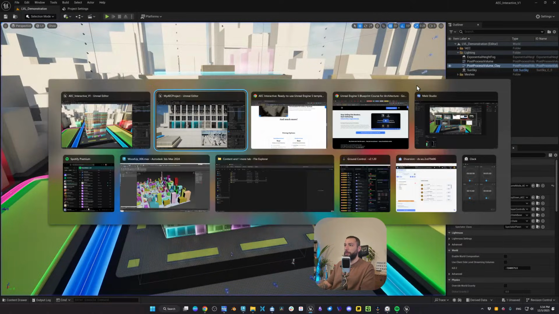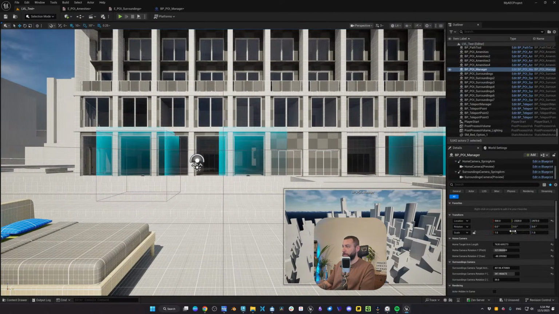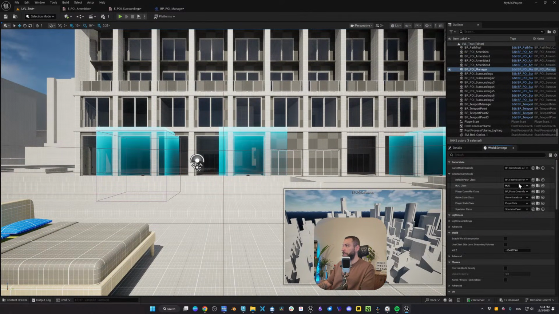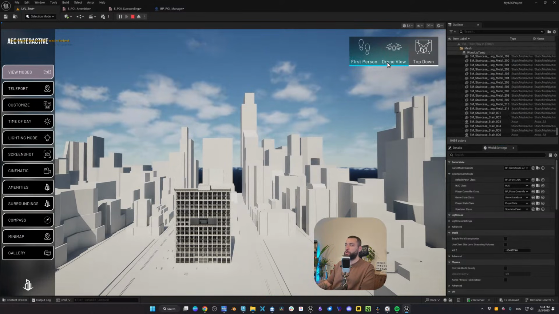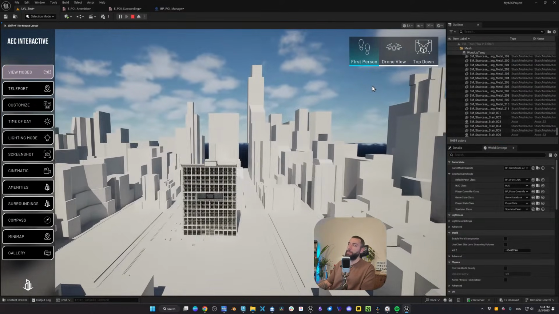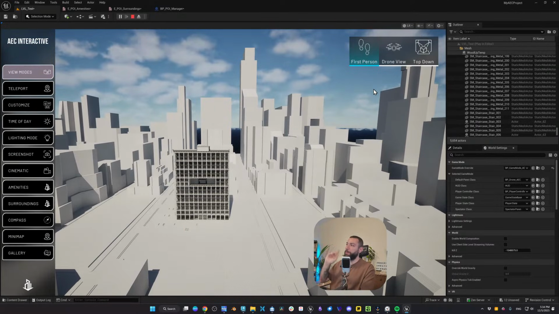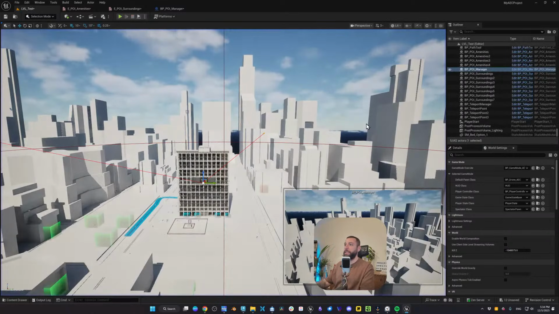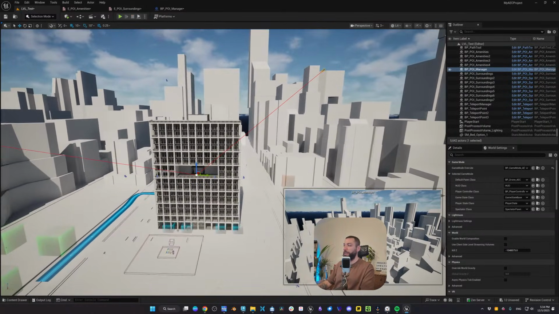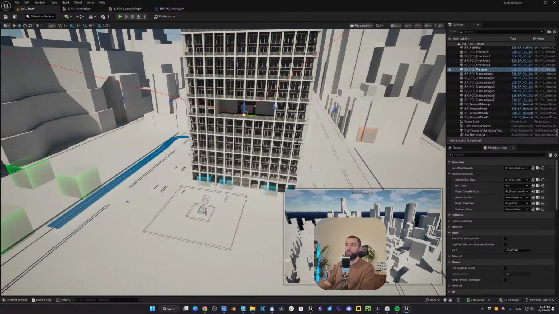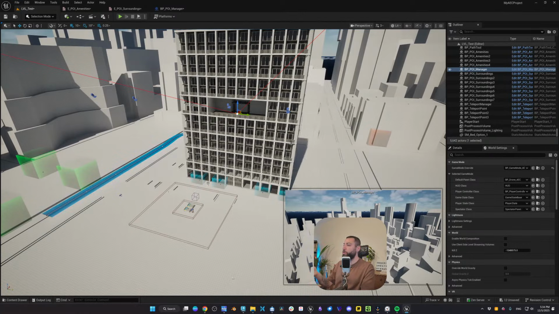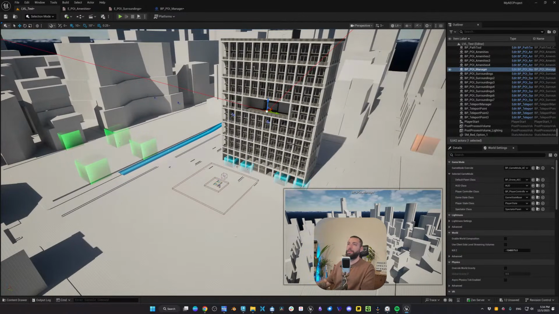Now this is 5.6. If I switch this to drone, it's showing us the first person character for some reason. So I need to look into why this is happening. Maybe I forgot to do something, but by default we should see this as the active button, but that's fine. I have a good feeling that I forgot to do something in the setup today, because there is so much that can go wrong in live presentations, but it is what it is.